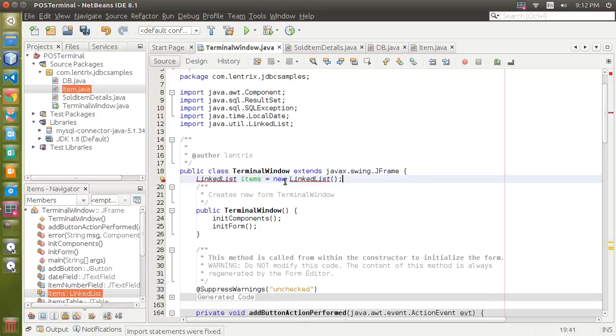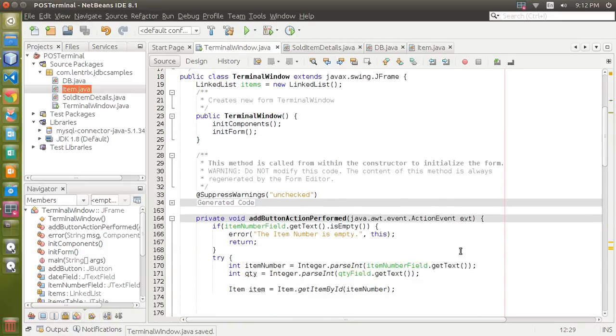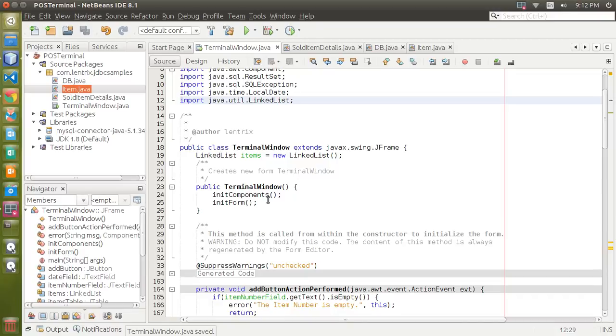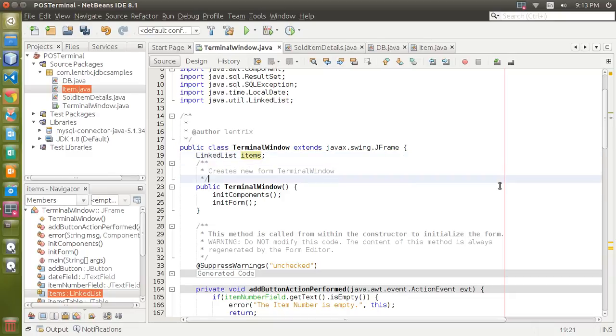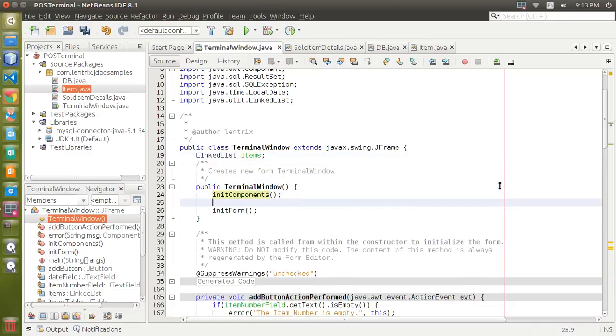Of course, you Control Shift I to import the linked list, which is inside java.util. Okay, so now that we have our linked list, by the way, it's already instantiated, but it's a good idea to instantiate it only inside the constructor. So items is equal to